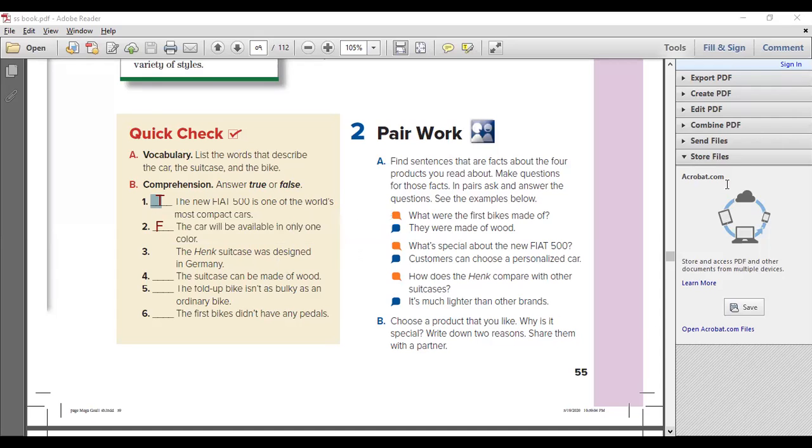Number three, Razan. Razan, you're going to write in the chat. The Hank suitcase was designed in Germany. True or false? Is it really in Germany? Razan, can you write in the chat, please, or turn on your mic?